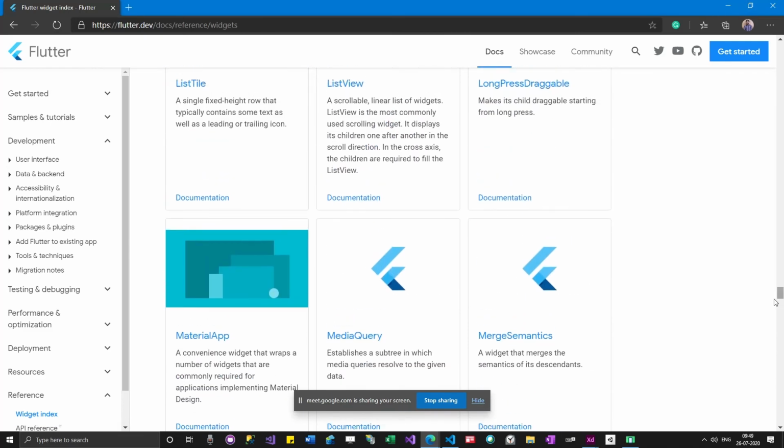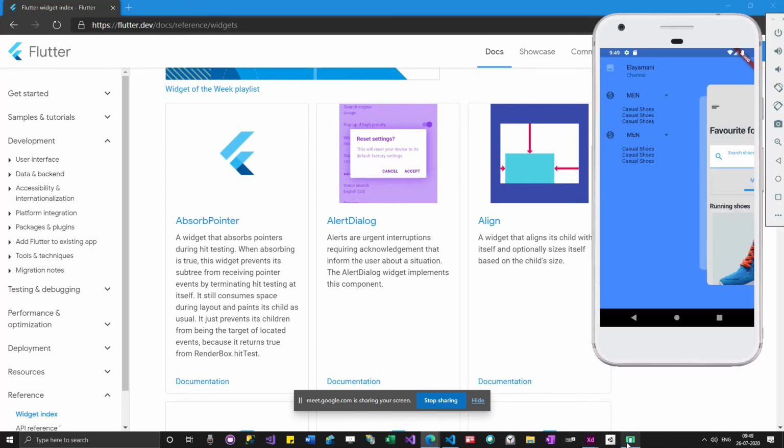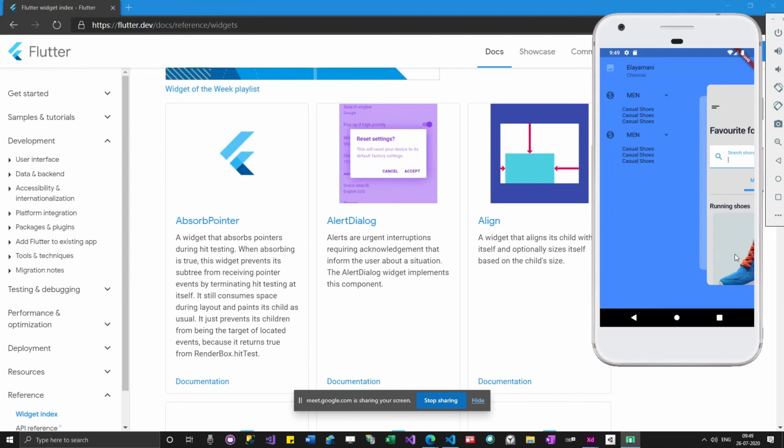Now I want my app to be not clickable. I don't want any touches. If somebody selects this text, the keyboard should not pop up. If somebody clicks on this image, it should not go to the new page. What I need is that when somebody clicks on top of this, this page should open again. If somebody selects some item from this menu, that page should open. If somebody selects from this page, the home page should open. But anyway, we are not going to implement that logic now.